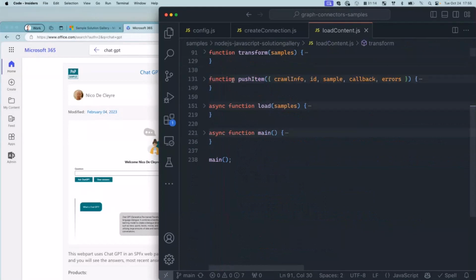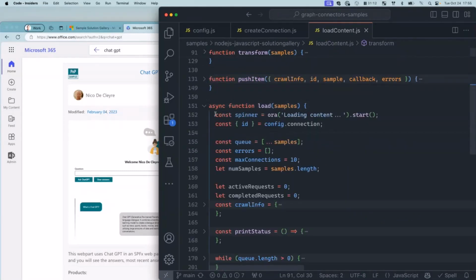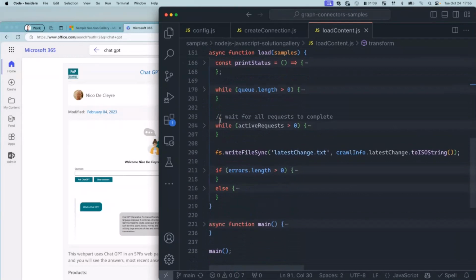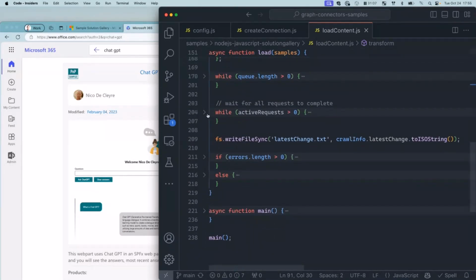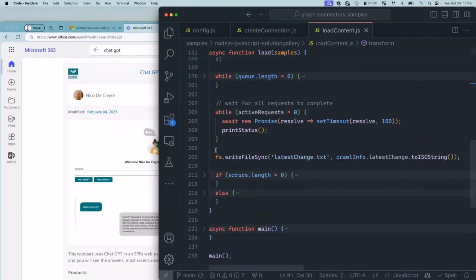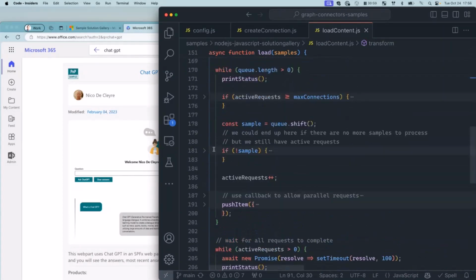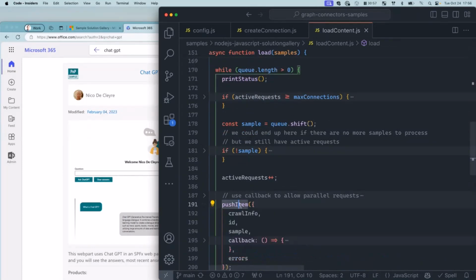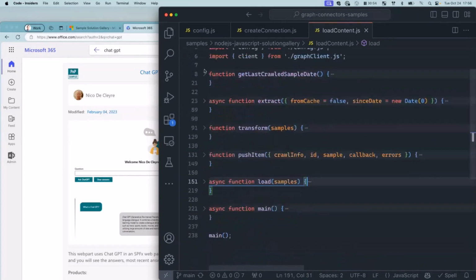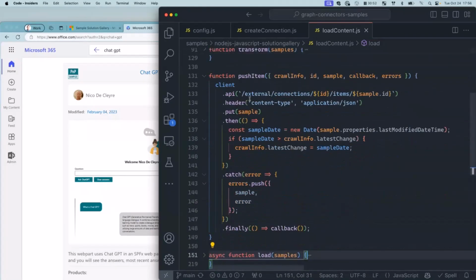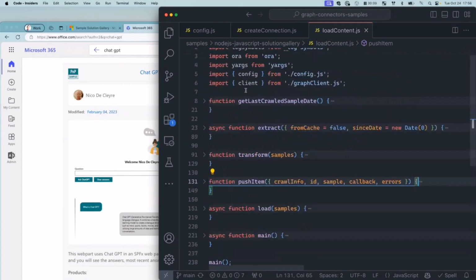And then the final step is to actually push the data to Microsoft 365. We do that in the load. Let me see, I collapsed all of that. I think it's here. Yeah, in here, what we do is iterate through all the items that we've got, and for each one, we do push item. And what does that do? Well, it calls the Microsoft Graph. So that is the call to Microsoft Graph number 3, where we import the item that we extracted from the external source and push it to Microsoft Graph. So that is basically it.